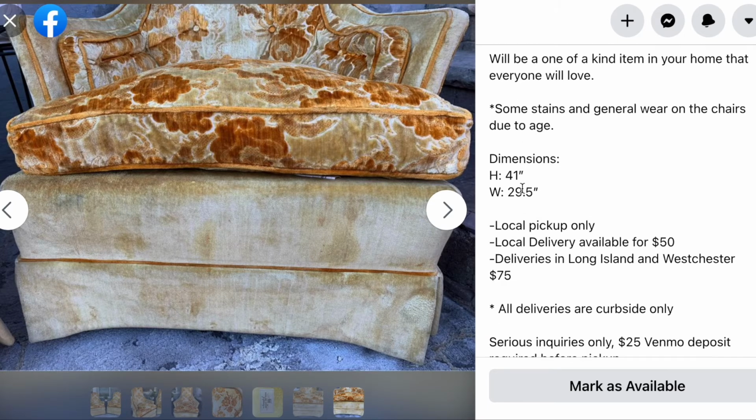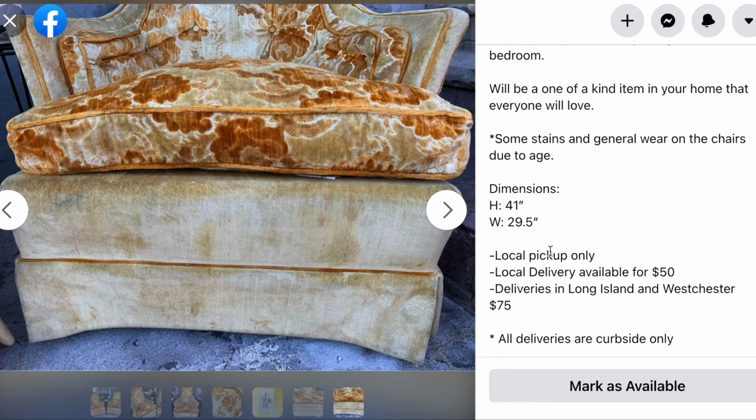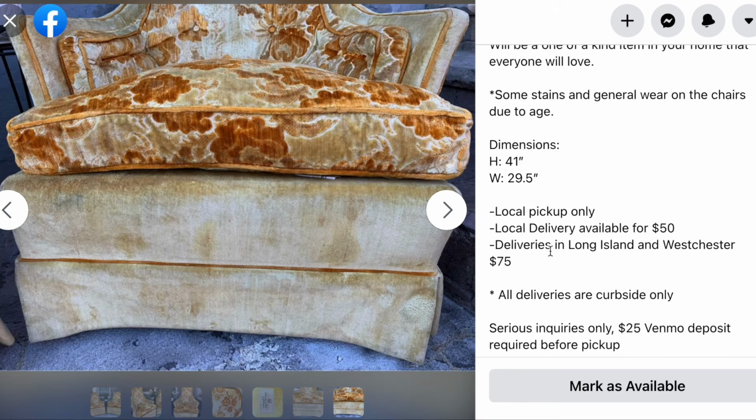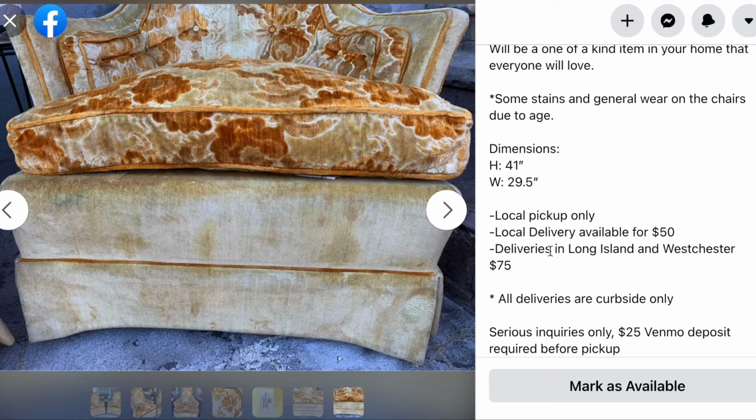And I also included the dimensions, such as the height and the width. This is extremely important so that the buyer can also measure the chairs beforehand without even seeing it, so that they can just measure whether it fits their place or not. You can also include how they can be picked up or how they can be delivered. You can share how much you will be charging for that, and if you want a deposit, to include any